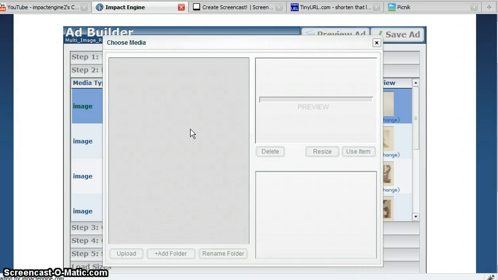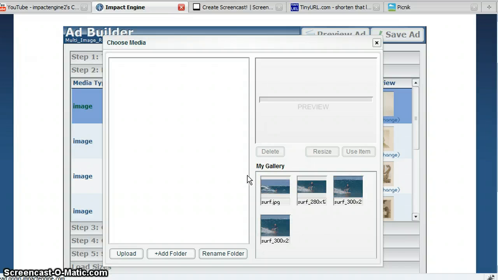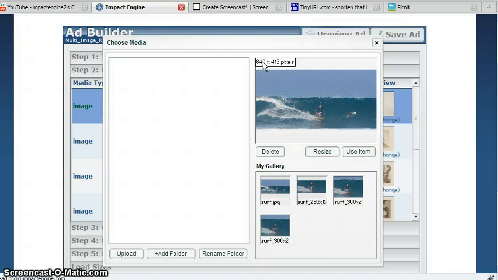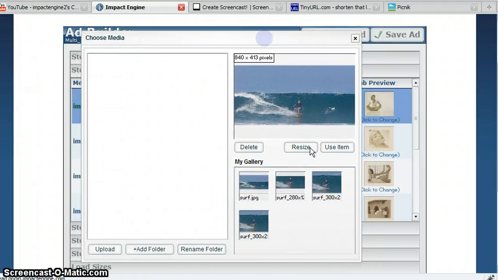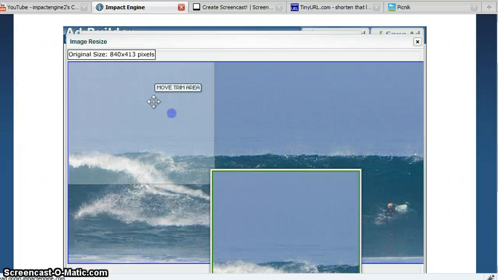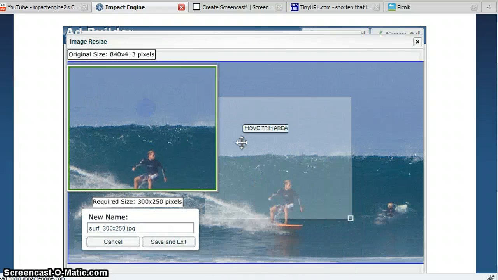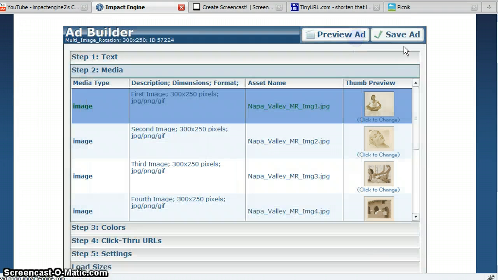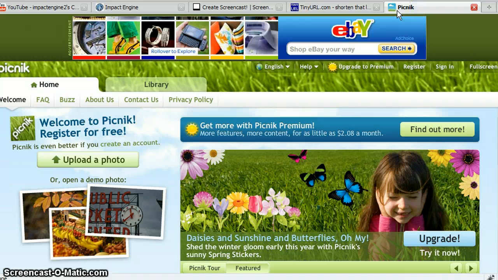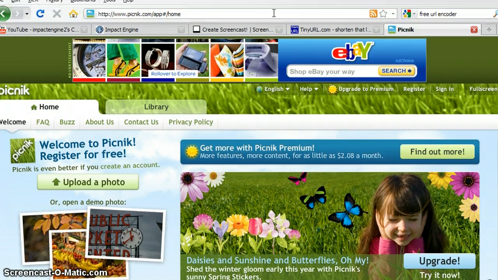Now there are always options once the ad is uploaded for continuing to resize and edit. For instance, we have a large image here, 840 by 413. We do include a simple resizer, but the functionality is limited on this. So what we're going to do is point you to a resource that we love. It's called picnik.com, and this is available at